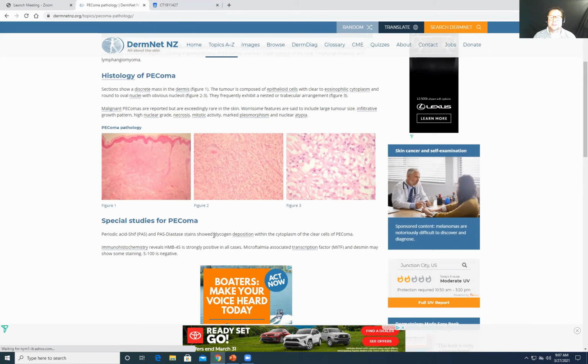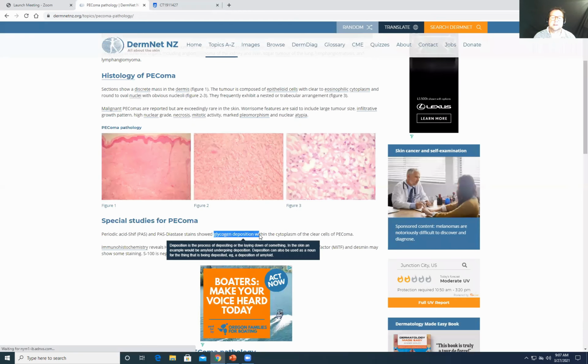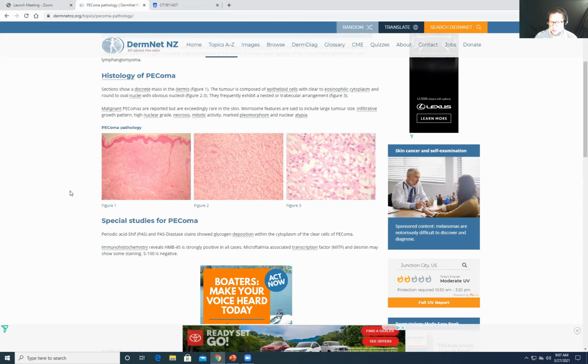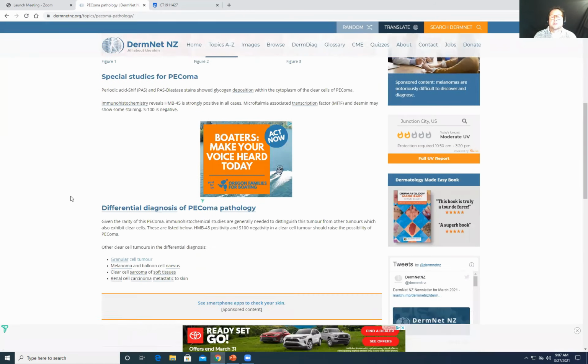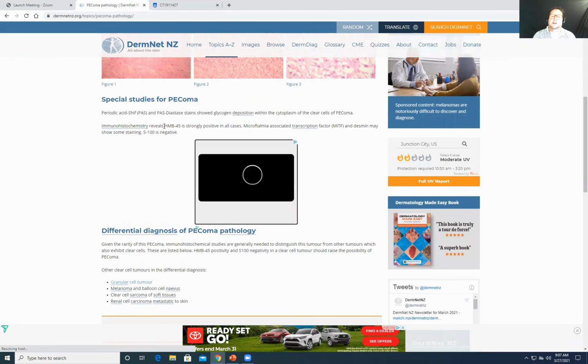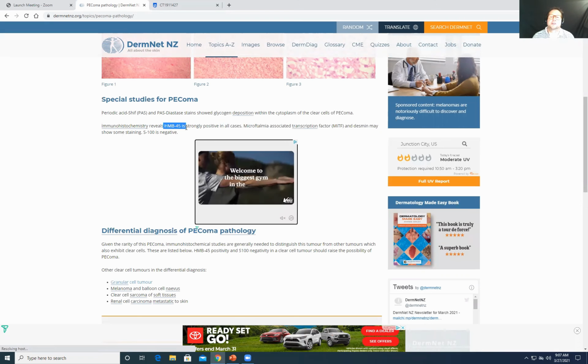These are glycogen, so they'll be PAS positive, which is helpful. So things that make a cell clear: glycogen or lipid, like in a sebocyte. In this one, it's glycogen. In the balloon cell, it's degenerated melanosomes. But the thing you need to know is this PEComa stains a little bit like a melanocytic lesion, HMB45, MITF,